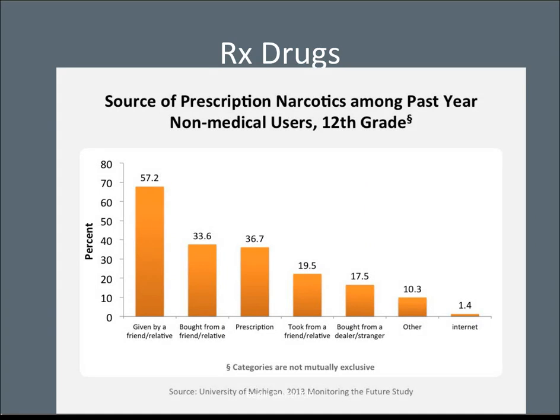How do kids get the prescription? This says narcotics, but this is prescription drugs. This is 12th grade, so what are the sources where they're getting their drugs? Given to them by a friend or a relative is the most common. It's just, here, I have this, and kids are impulsive, so they're more likely to try something. Or bought from a friend or a relative